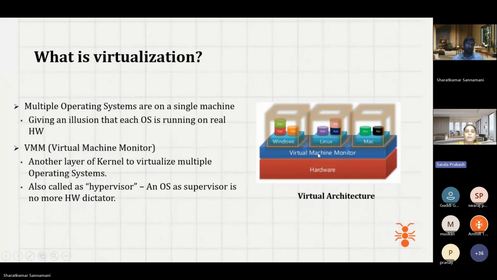It is the key term, a software which helps us to distribute the hardware resources to these operating systems. That is what our virtualization platform, which is called hypervisor, will do. There are a lot of hypervisors or virtual machine monitors which help to distribute the resources.